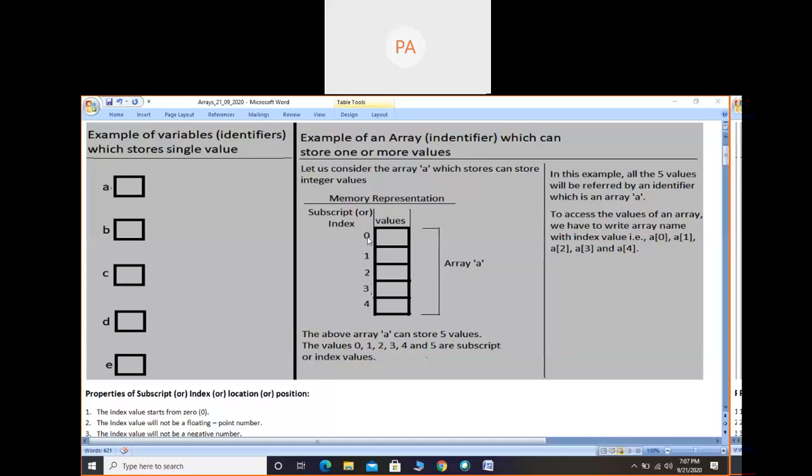From this number 0 you can refer to the first value, from this integer 1 you can refer to the second value, from integer 2 you can refer to the third value. So the values part and the index or subscript part indicate the positions of the elements in an array. Okay, if you are considering one subscript value, then it is called one dimension.